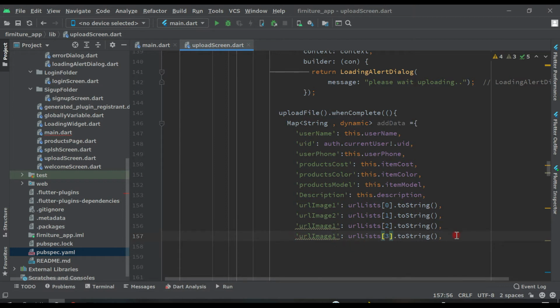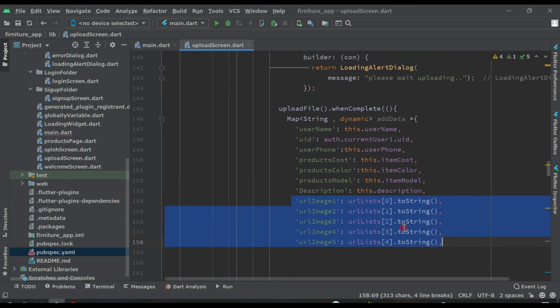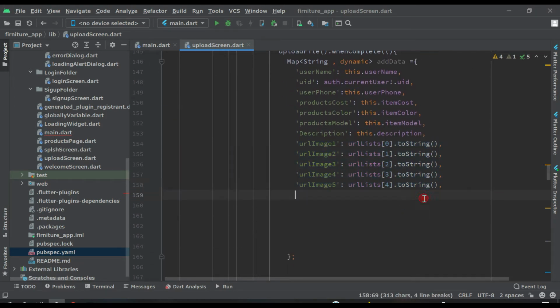and then one more time paste this, and here will be 4, and change this name to 3, 4 and this is the 5, like this. Make sure you write all these accurately as I wrote here.